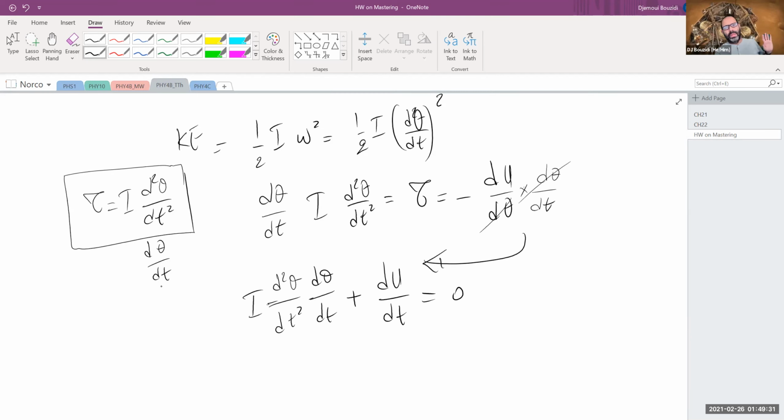Yes. And then I used the fact that tau itself is equal to minus dU over d theta. That's how we got all of this business in here. Yes? So now